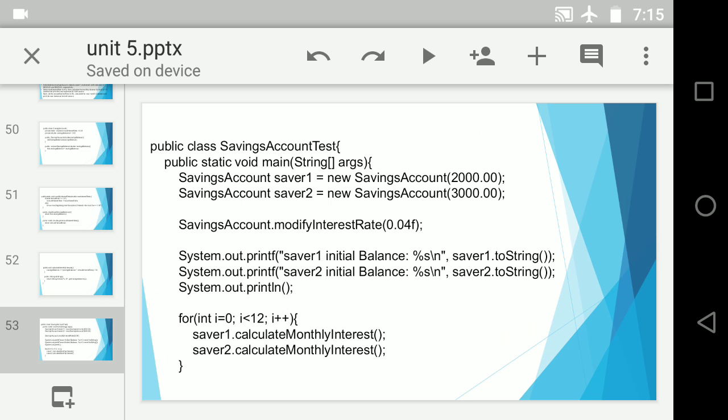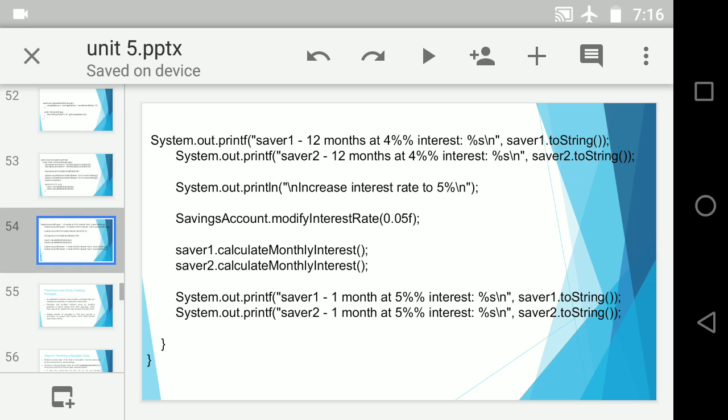Again, you will be using a loop 12 times. Of course, you have seen that. So you will be repeating this process 12 times for saver 1. You will be repeating the same process for saver 2 with 3000 as initial balance. Done. So what will happen after the execution of loop? After the termination of loop, saver 1 and saver 2 will have some values present with them. Correct? Okay. Now what we are going to do? We are simply printing the values of saver 1 and values of saver 2.